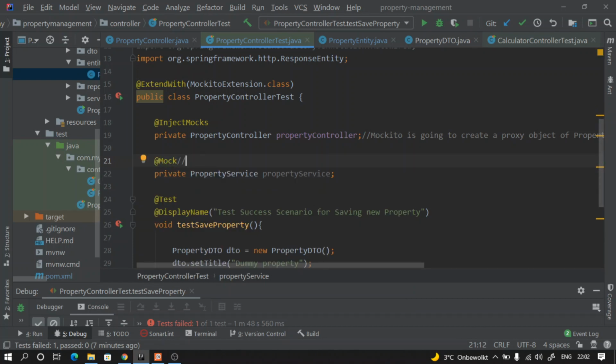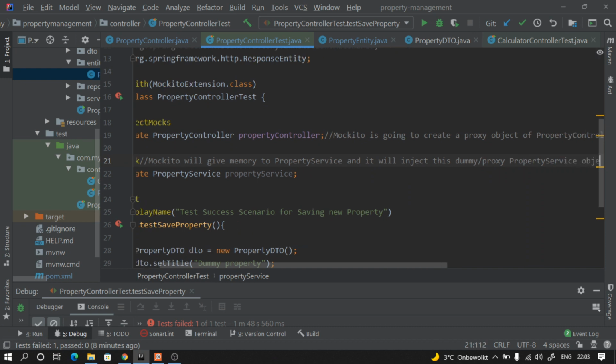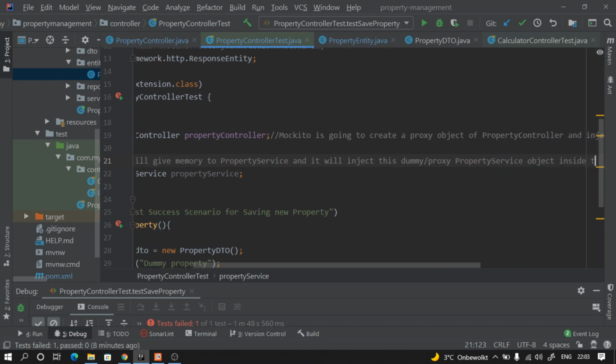So Mockito will give memory to property service and it will inject this dummy slash proxy property service object inside the